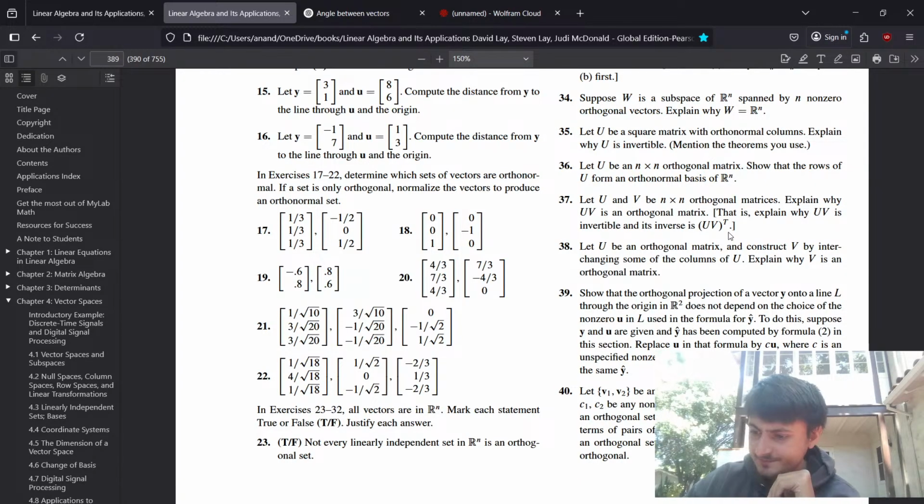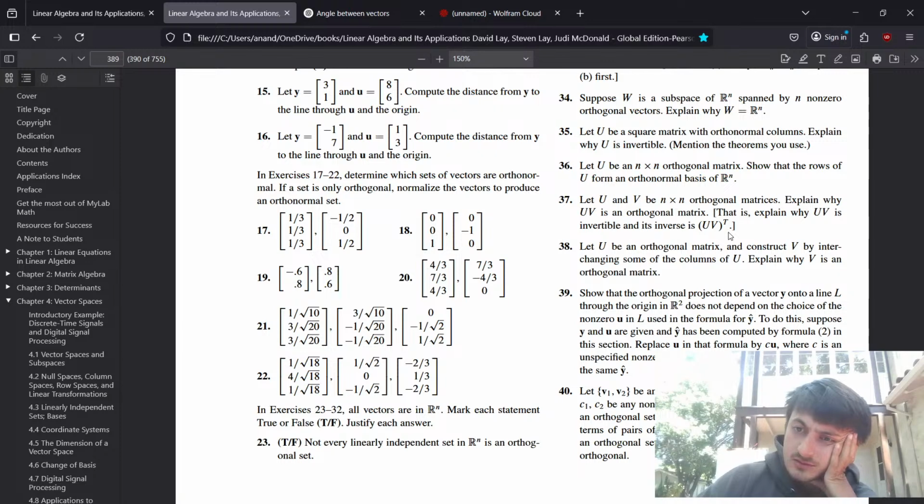Okay, 37. U, V orthogonal matrices. Prove UV is an orthogonal matrix. So what do we know? We know that